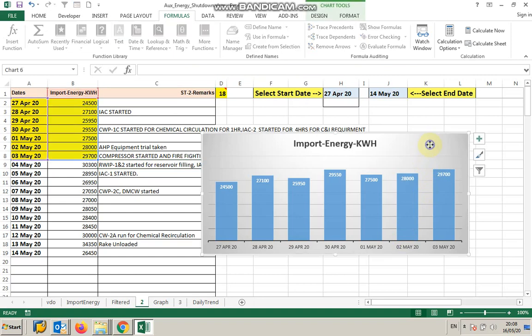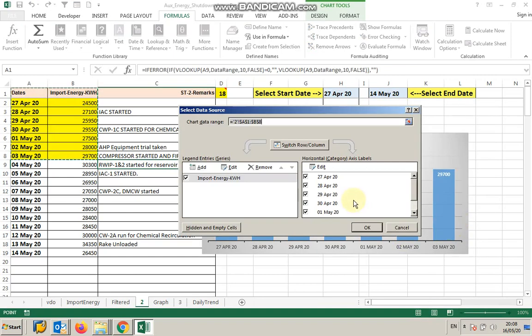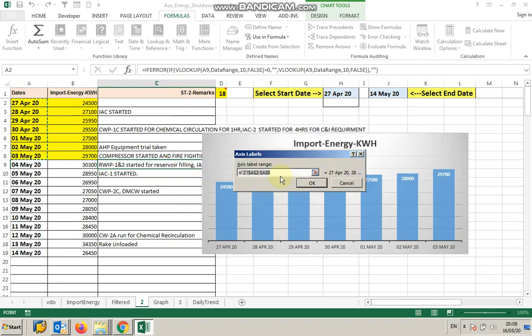Then in Select Data, this is the date range, so I will edit this one. What is important is that I copy this name range, but the sheet name before it is a must. Otherwise Excel will not accept it.